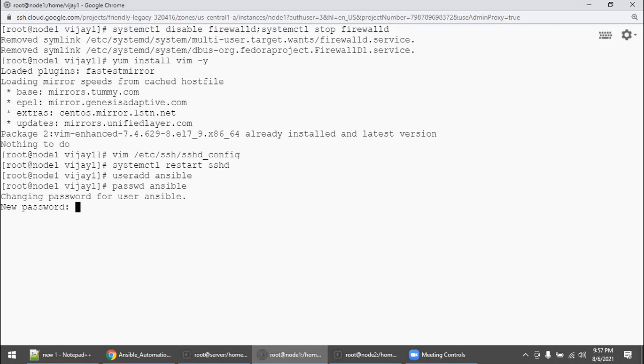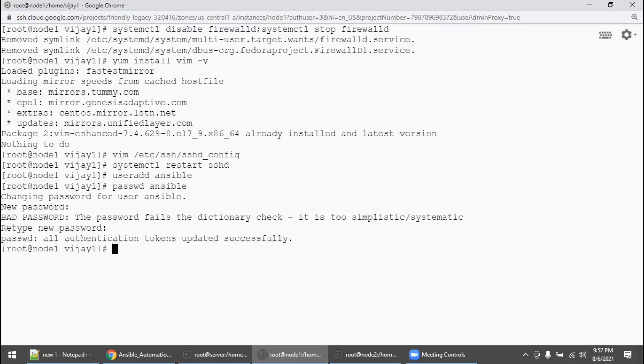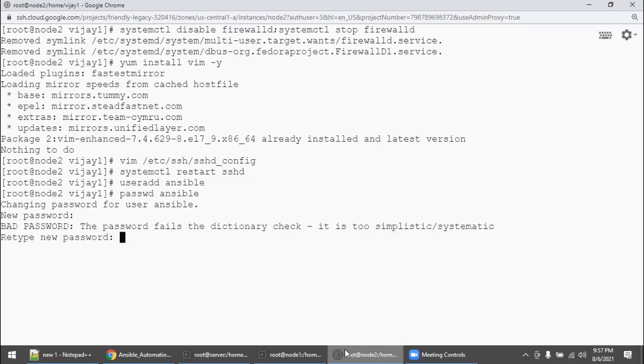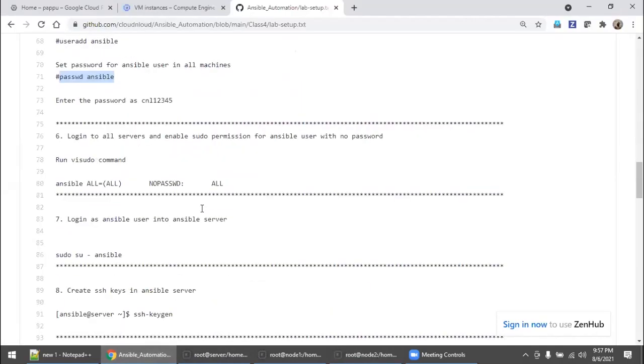So I'm setting CNL12345, and I'm going for node 2, CNL12345. So go here, come down.